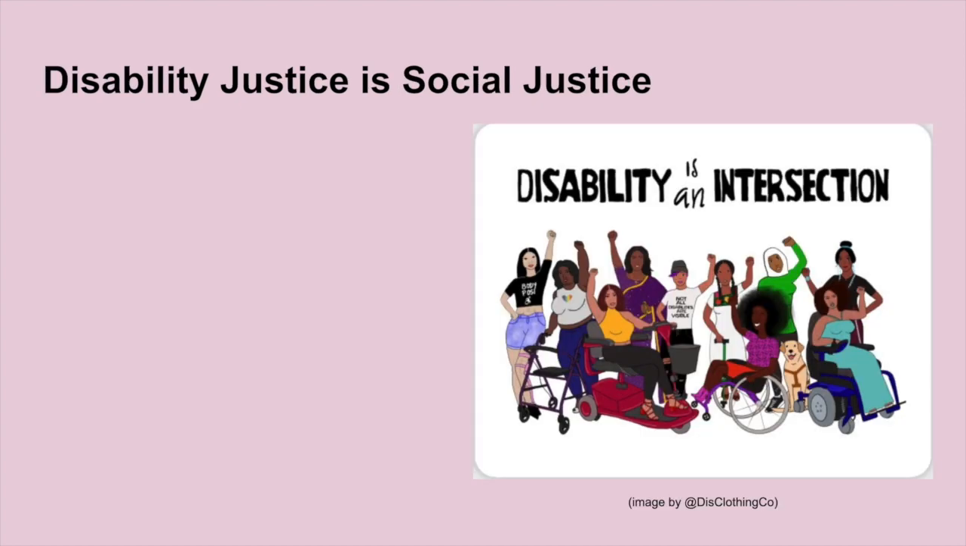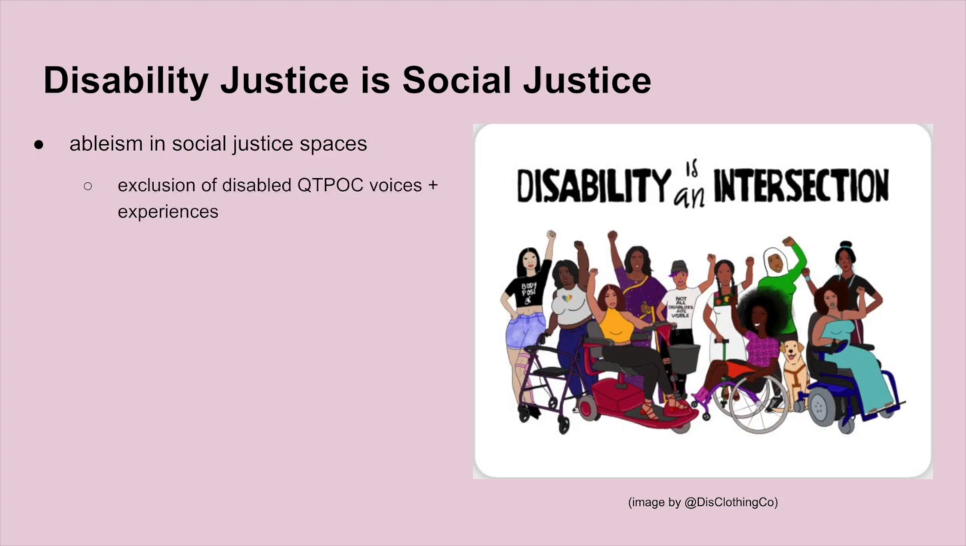Disability justice is social justice. Disabled people throughout history and still today are consistently left out of social justice movements, even in the most radical and progressive spaces. This happens through inaccessible meeting locations, for example, not considering the accessibility of a protest route, the prioritization of direct action versus behind-the-scenes work, not including disabled voices and perspectives, especially voices and perspectives of queer disabled people of color,